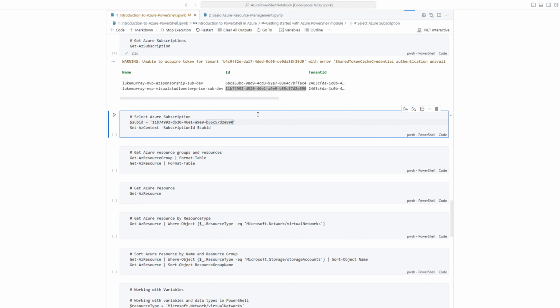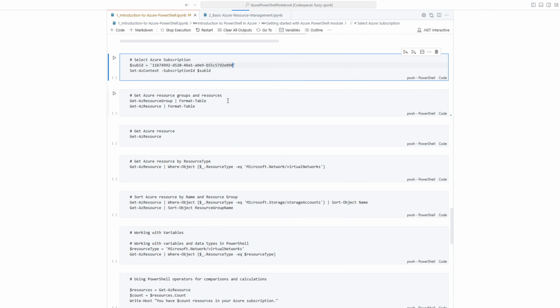So this will allow me to set the context of all my future commands that I'm going to run in PowerShell into this Azure subscription. So in order to do that, I'm going to pass the subscription ID into a variable, which will allow me to call it with the Set-AzContext cmdlet. So I don't need to use the variable here. I could just enter in the subscription ID in here,